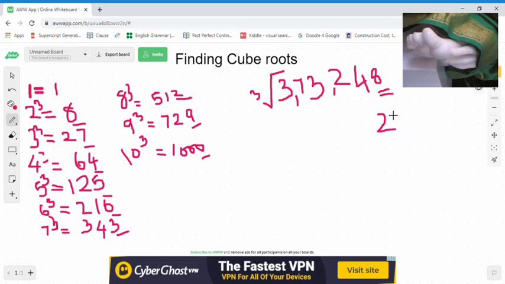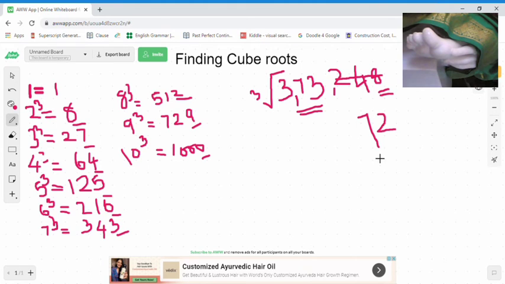Now don't consider these last 3 digits. You leave this now. You have to concentrate on the first 3 digits. See, in this, what is 373? What is the nearby cube of this number? You can look into this table. So 373 lies between 7 cube and 8 cube. So 343 is the number nearest to your 373. So you can write that cube, 7 cube. So the cube root of this number is 72. 72 is the answer.